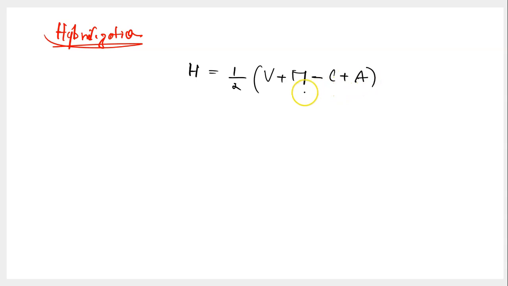And always remember, hybridization is a process that happens within the central atom. Whatever the central atom is, the valency atomic orbitals of that central atom involve in the process of hybridization. And this hybridization helps you understand the molecular geometry, molecular structure, bond angle, etc. First of all, let's take an example to see how to use this formula.